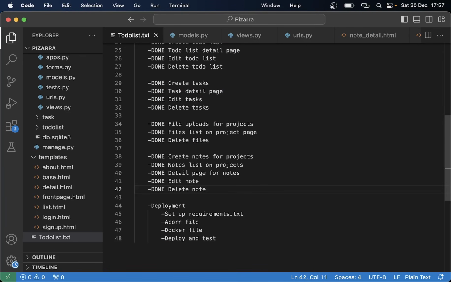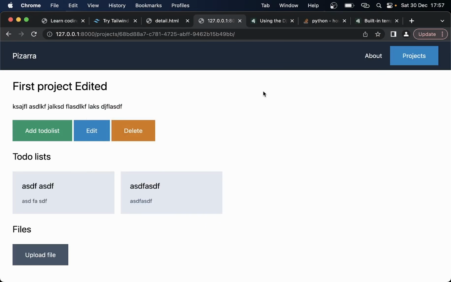Okay, so now we are going to head over to deployment, and we're going to deploy this to Acorn. So to do that, you need a GitHub account, and when you have a GitHub account, which is totally free, you can create a new account on acorn.io as well. Okay, so let's go to the browser